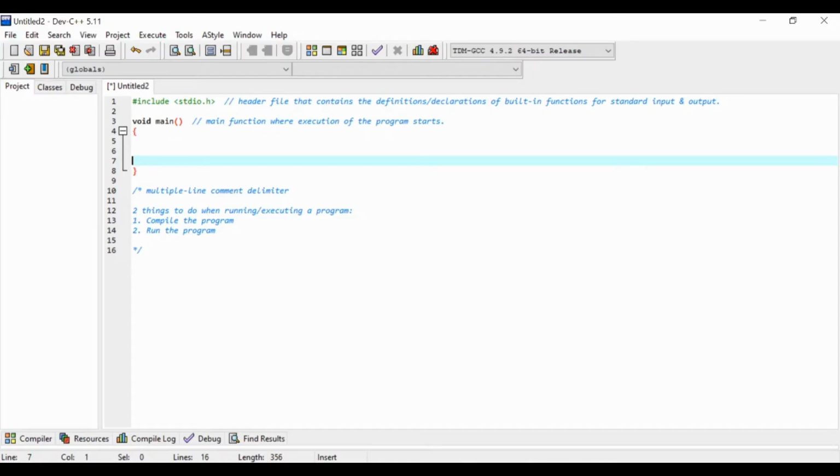Let's say we're going to create a program to compute the area of a circle. So from our previous discussion, every program needs to include the stdio.h